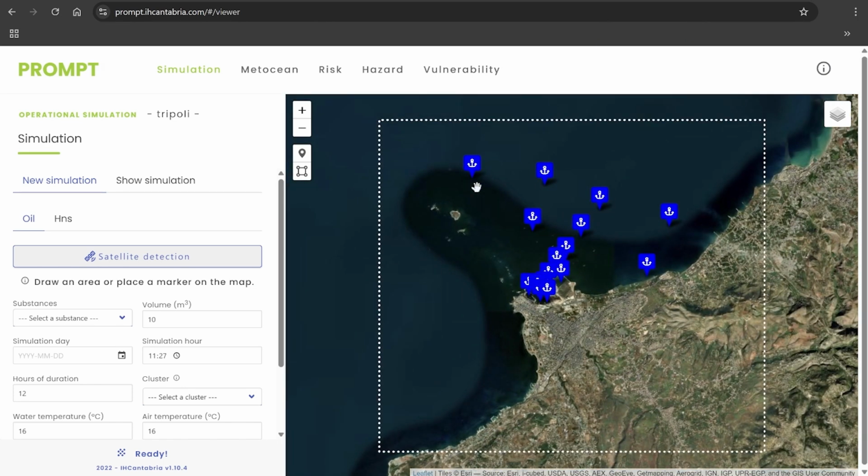So the third step is the interface breakdown. You can see that the interface is divided into 3 components. The first one is the map viewer, which is on your right, and displays the geospatial data, for example spill paths and risk zones. Then the menu bar, which is on the top here, which switches between operational simulation and risk assessment. Then you have the control panel, which is on the left, where you can enter your input parameters and